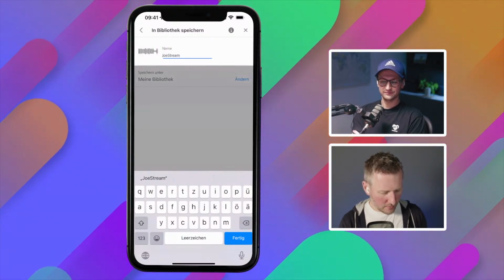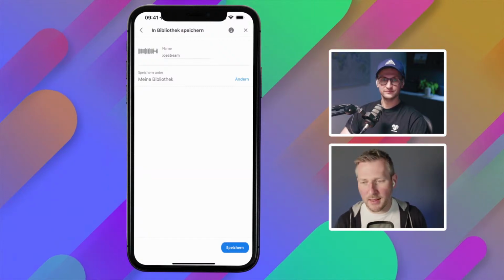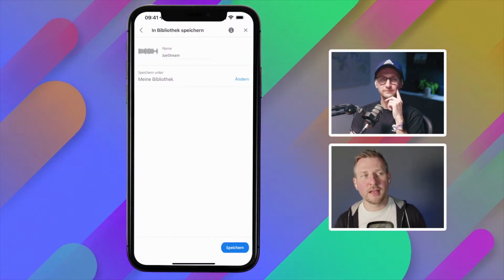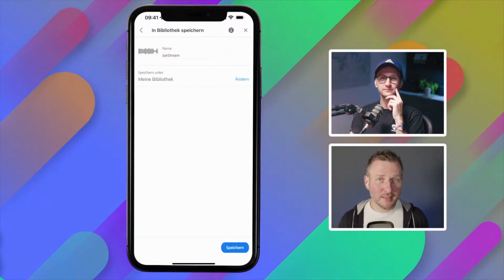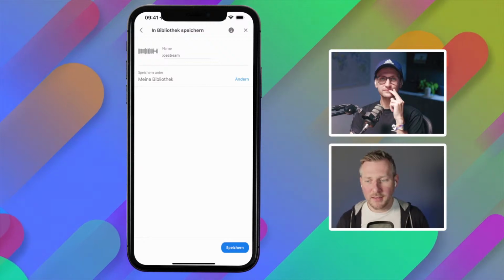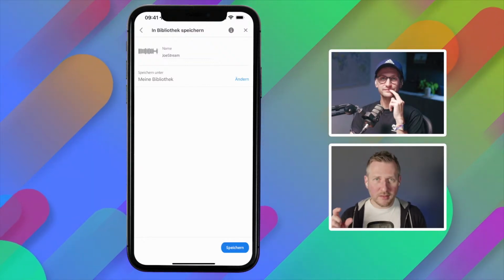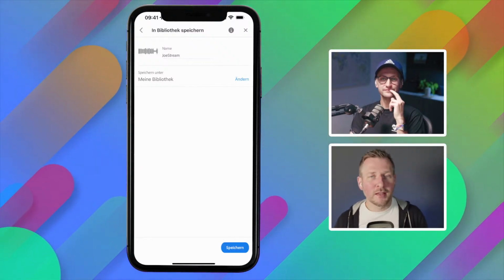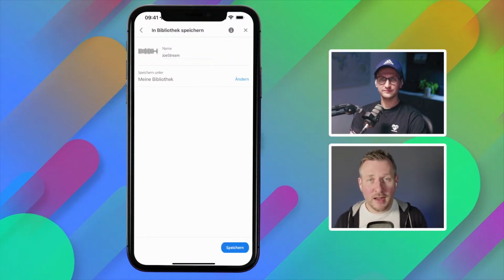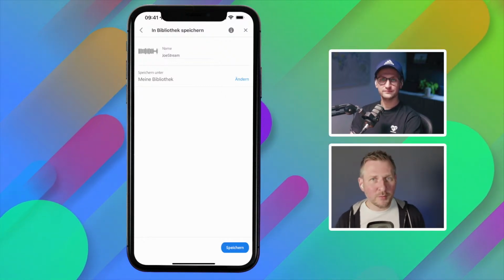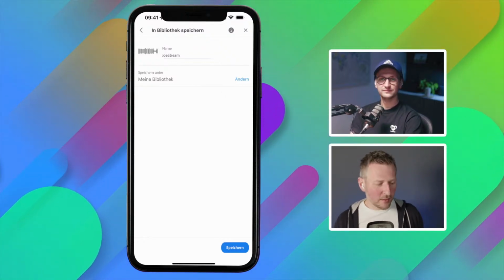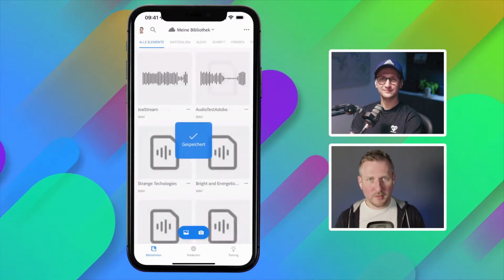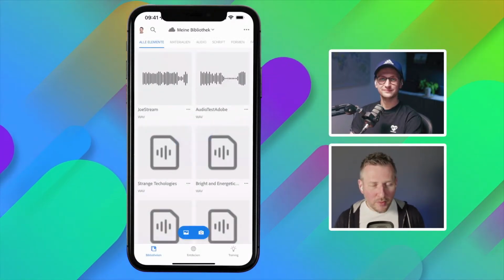Okay. And this will be saved in my library, not as a compressed file, but as a high quality WAV file that is also pretty large. And then you can drag and drop that into your Premiere or After Effects projects if you like, because it's linked up to your library. Again, the captions are not saved with the WAV, but you can